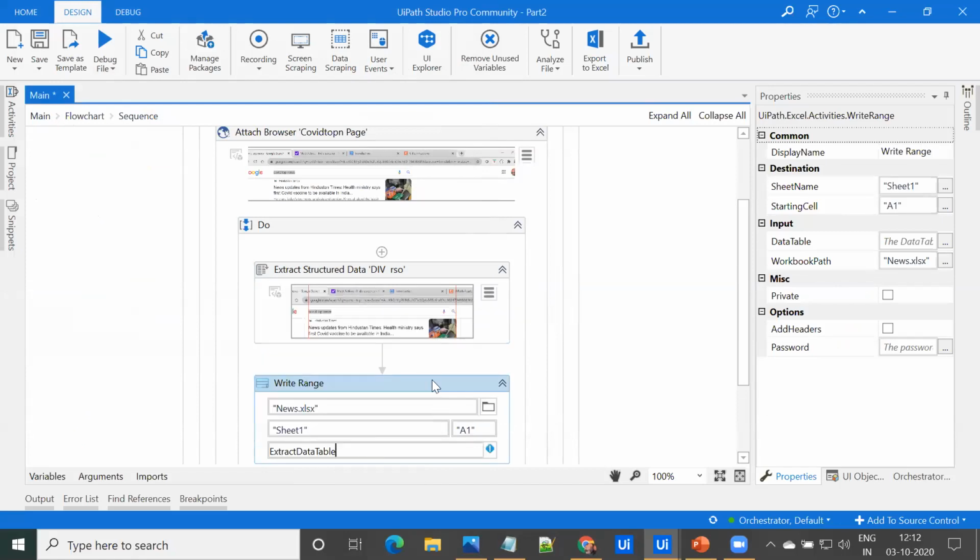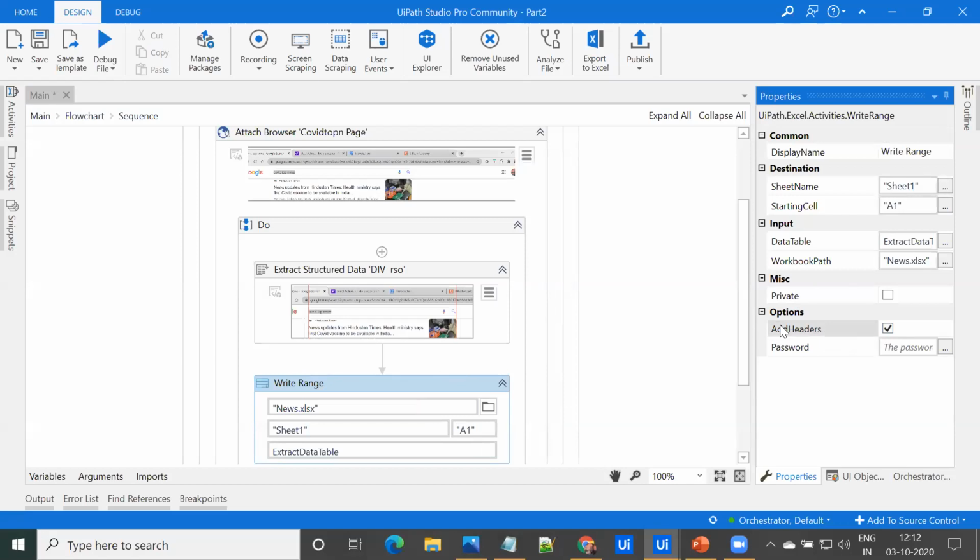So I will select this variable, and the write range activity allows us to add the headers to that particular Excel sheet as well. So we can add the headers by checking this property, add headers, so that the headers that we have customized or configured, which is sources, published on, will get replicated to the Excel sheet.